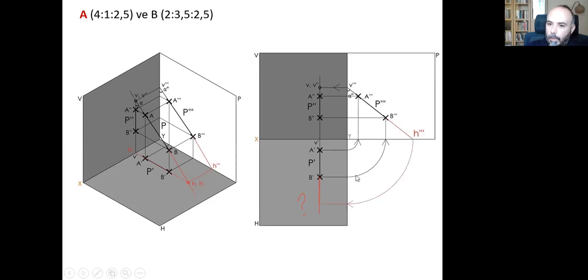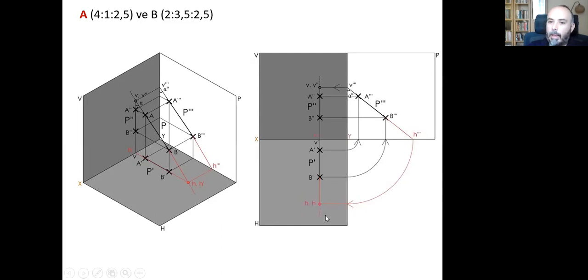Normally, I am carrying this distance, this information towards the P surface. However, this time I need to do the reverse. I need to carry this information back to the horizontal projection plane. And here I will find the position of both the position of minuscule h, the trace itself, and its first